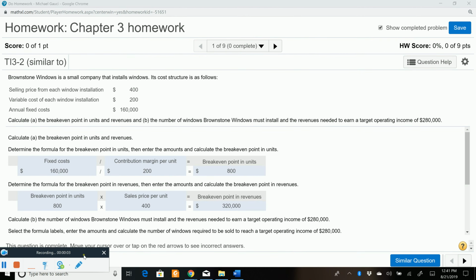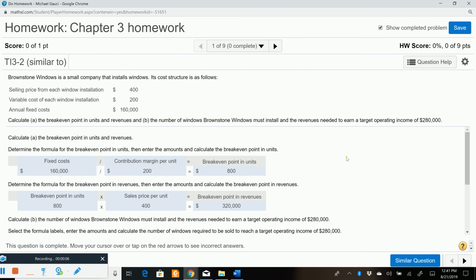Hello everyone. In this particular recording, we're going to go through some of the homework problems in Chapter 3. Now remember, Chapter 3 was all about CVP analysis, as well as some sensitivity analysis that we did as well, like margin of safety and operating leverage. And one of the key components of understanding CVP analysis, of course, is understanding this concept of contribution margin and using the contribution margins to figure out break-even points in units, break-even points in revenue dollars, as well as target